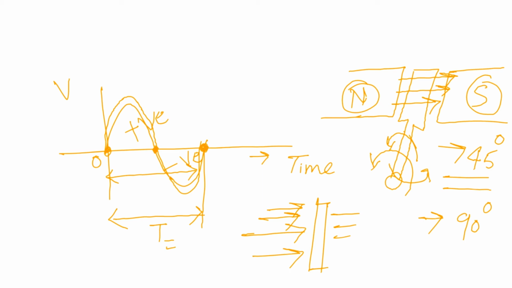Then EMF will be 0. Now it moves in negative direction with 45-degree angle. After this point, it again rotates in the negative direction with 45-degree angle. Okay, and EMF will be induced, so it will be given negative value. So during the positive half cycle, first angle is taken as 45-degree angle. At this point, it is 90-degree at the maximum stage of flux. That's why it's a maximum amplitude right here.